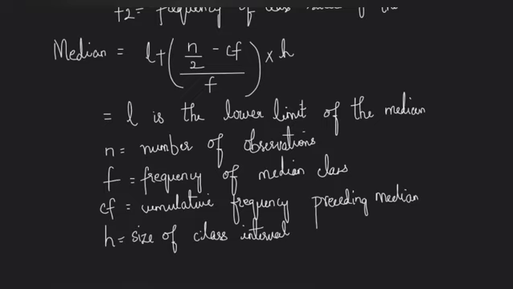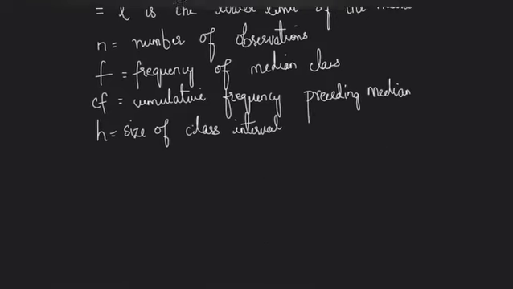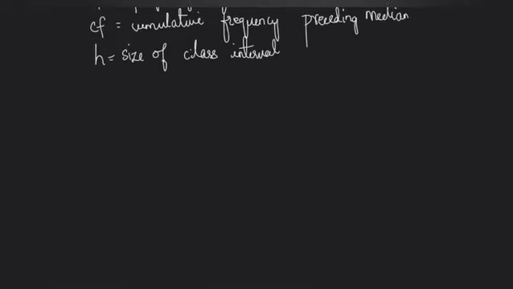So this was about mean, median and mode. And finally we have one formula, which is the empirical relationship between these three. So the relationship formula is given by